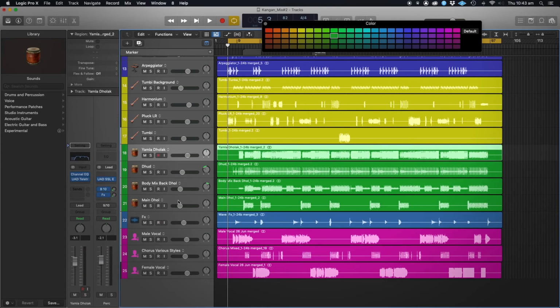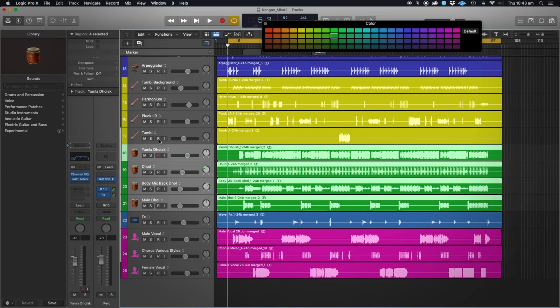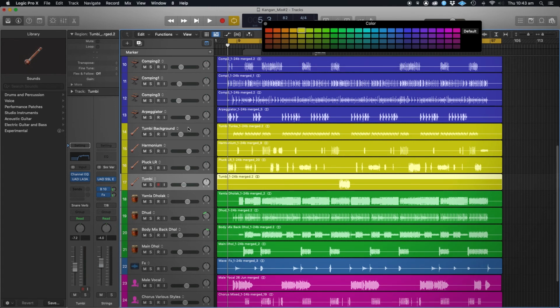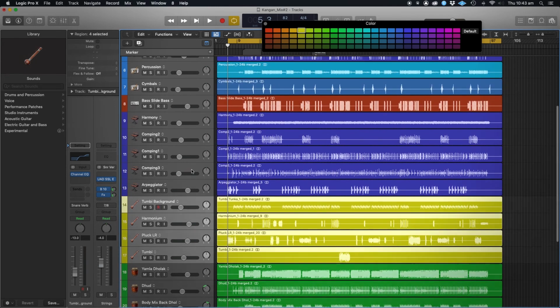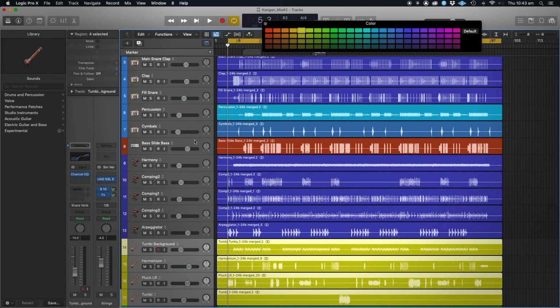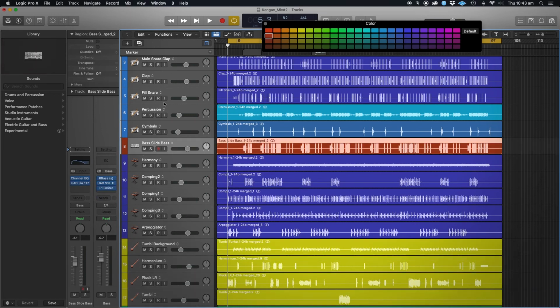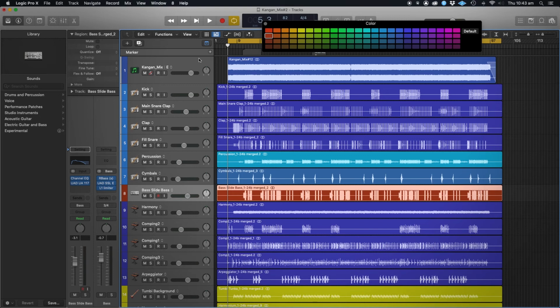This is an Indian track, so I've used some of the Indian looking percussion stuff, and there's a sitar there and stuff for the strings. I've then done the strings in yellow just because it was one of the colours that I wasn't using as much. The bass, as you'll see, the bass is done in red, then all the drums, and essentially up here,